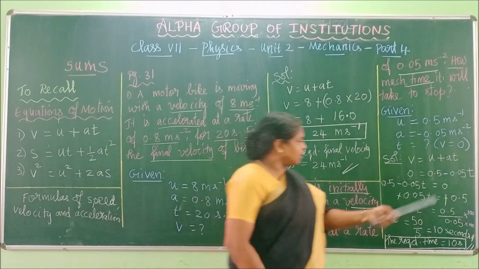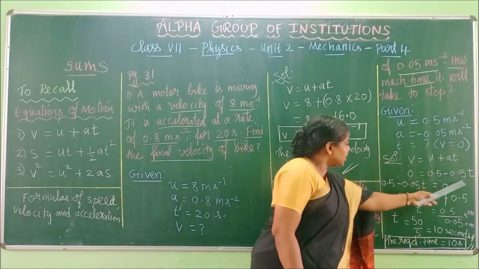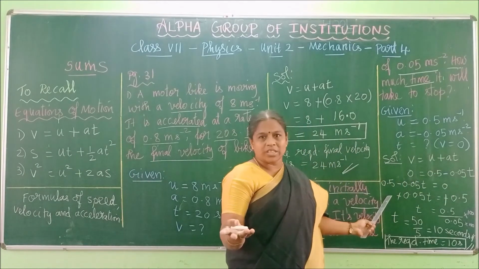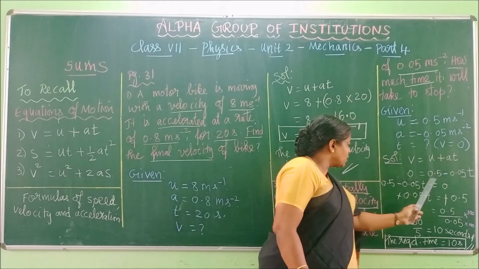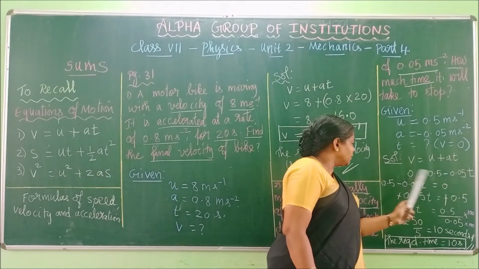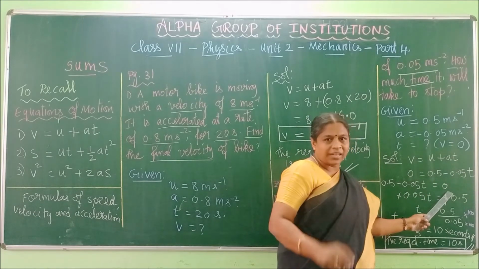So now you see here, t alone we need to find it because how much time? So this entire constant values, bring it this side. The sign won't change, right? So the equation is 0.05 minus 0.05 t is equal to 0. Right comes to left, left comes to right. So there is no sign change.